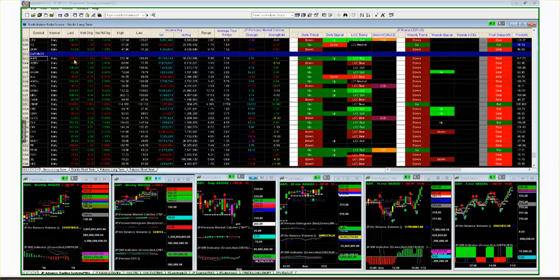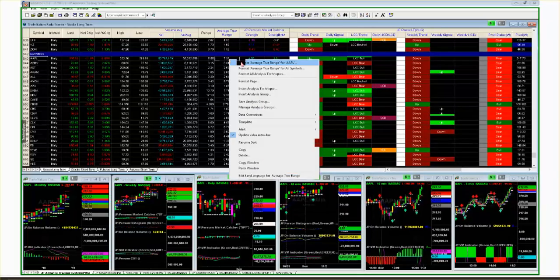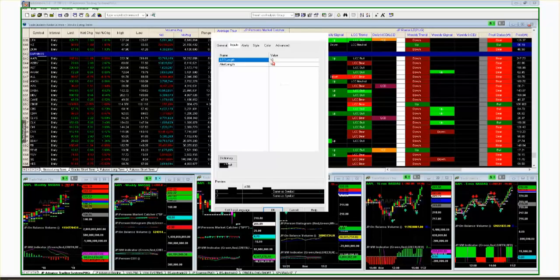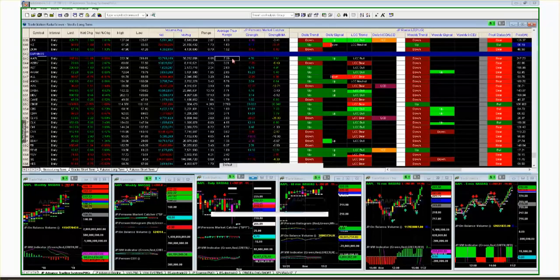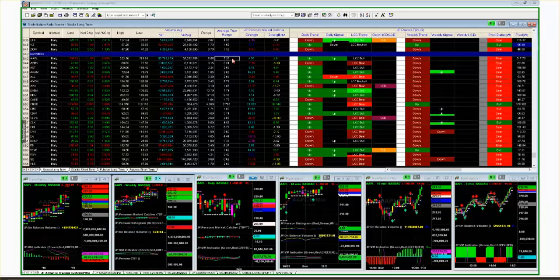Next stop 195. Anyway, the point I'm making is that if you're going to build a system on a stock, you want to pick something that consistently moves. It doesn't just sit there, it's not in a tight trading range, and it's correlated to the overall market. You'll look at your average true range over the last 10 days. Let's go to format here, and yes, it's 10 days. In the last 10 days, it has a $7 range. So now I have a lot to work with.